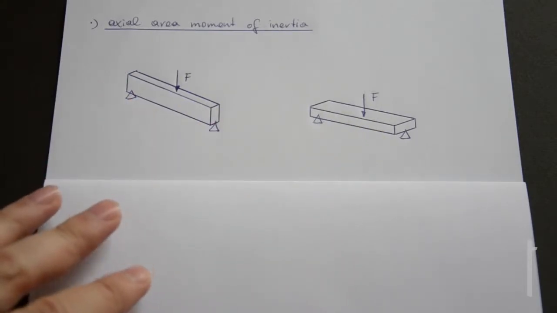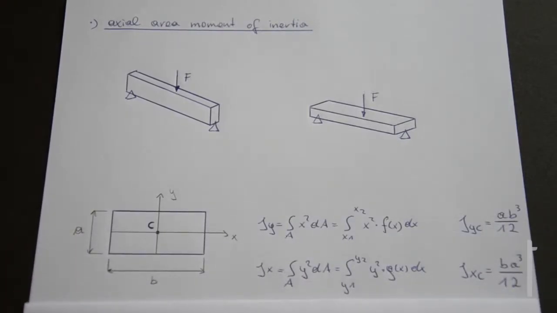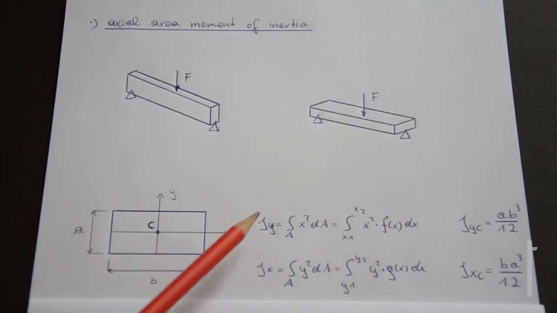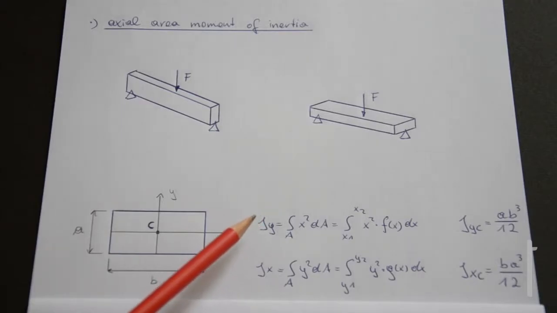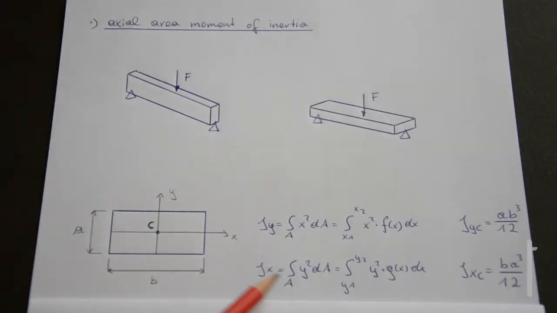Now, let's have a look at a simple rectangle. The axial area moment of inertia concerning the y-axis is this expression here, and the axial moment of inertia concerning the x-axis, so Jx, is this integral here. Axial means concerning an axis, okay? So this means that in that case the beam will bend around the y-axis, and in that case it will try to bend around the x-axis. Imagine it like trying to rotate around the axis. Okay? I will show you what this formula with the integral actually means and how to work with it in